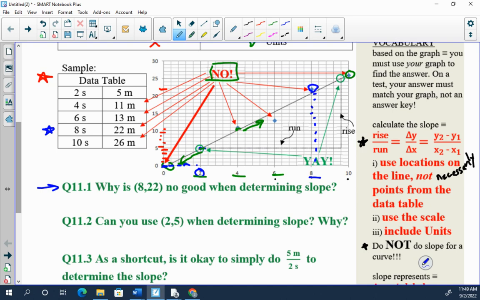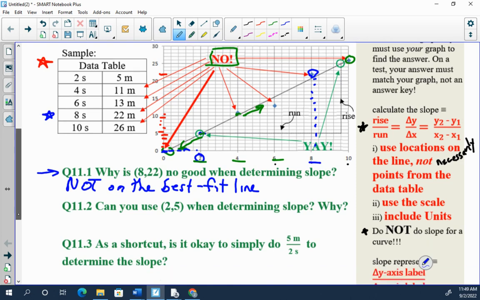Is that legit? Well, clearly not. It is not on the best fit line. If it's not on the best fit line, don't use it for slope. Next,